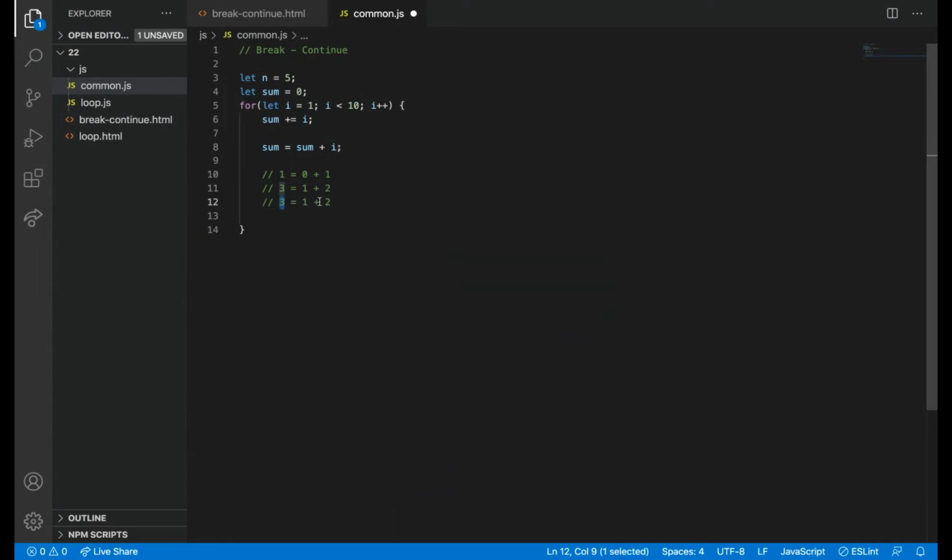This is loop variable 2. No, loop variable is 3. Sum will be 6. So we are just adding 0 plus 1 plus 2 plus 3. That's it. So this statement will execute as sum is equal to sum plus i. It will add 1 plus 2 plus 3 plus 4 plus 5.